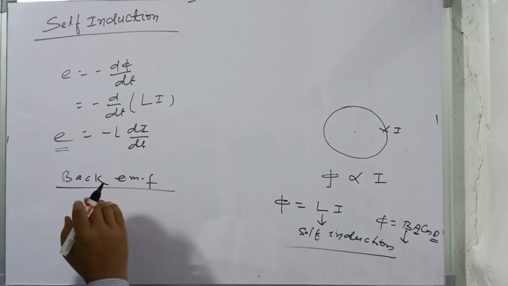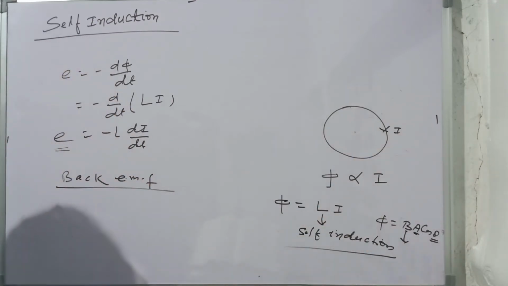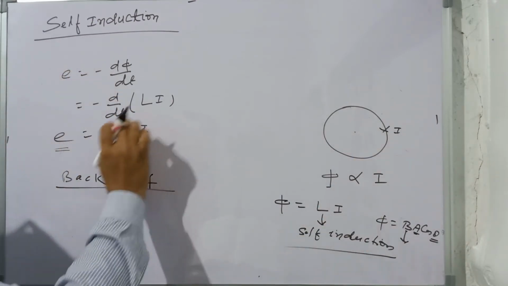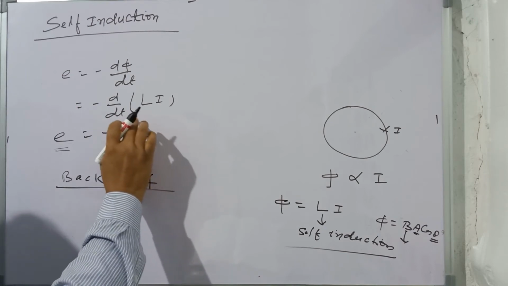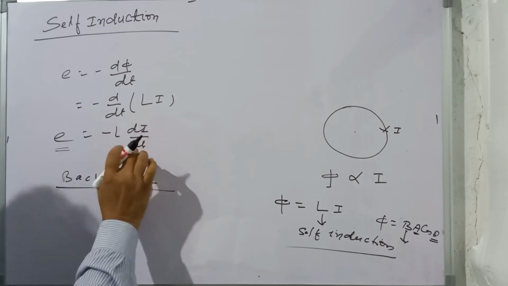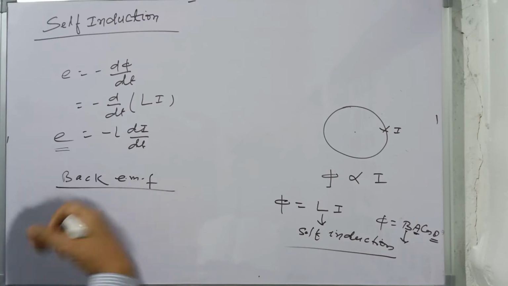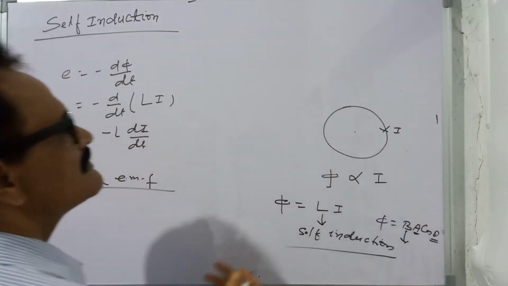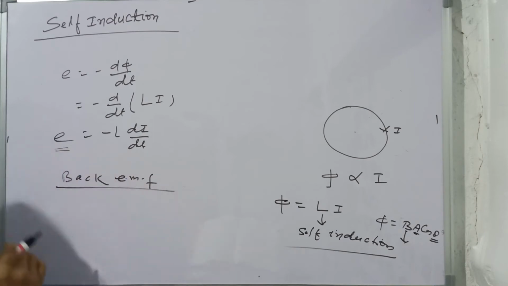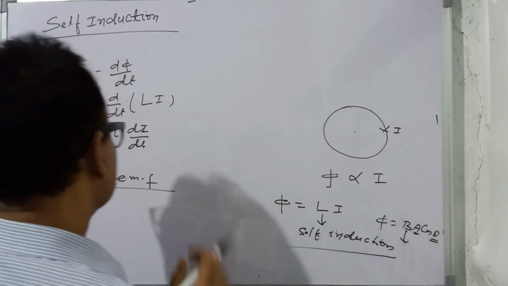Meaning, we can say that if the current I is constant here, then di by dt, which is the rate of change of the electric current, is 0, so this EMF is 0. And if there is a change, either increase or decrease in I, an EMF will be induced, and the direction of the EMF always opposes its own cause, so it always opposes the change in I.